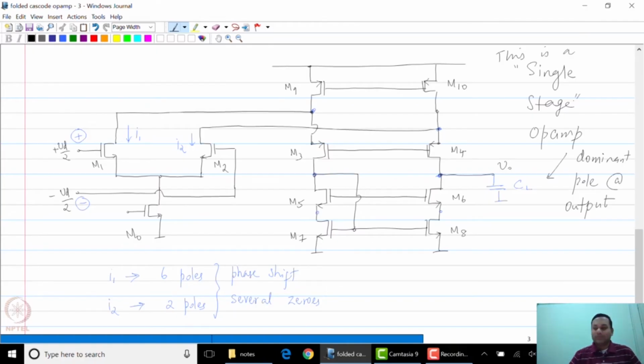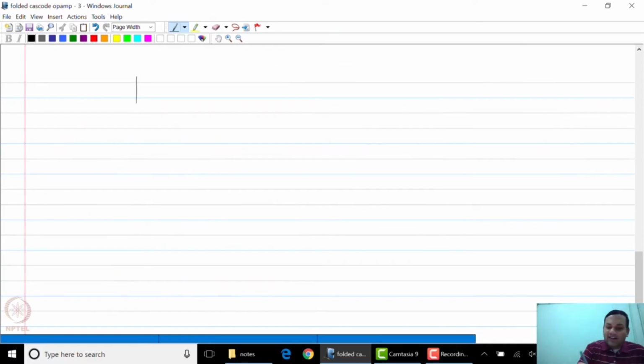single stage op-amp. In other words, if you were to draw the equivalent circuit for this particular op-amp, it will look like an operational transconductance amplifier with a certain output impedance and a certain capacitance. So this is RO, and you have CL, and it has a certain transconductance. So if you were to look at the overall output,